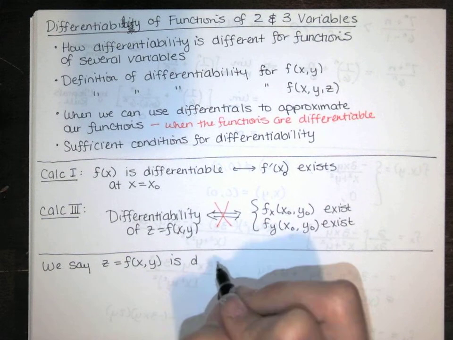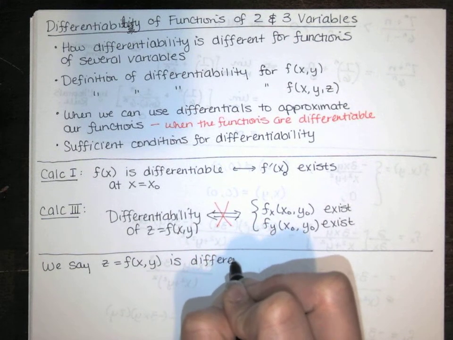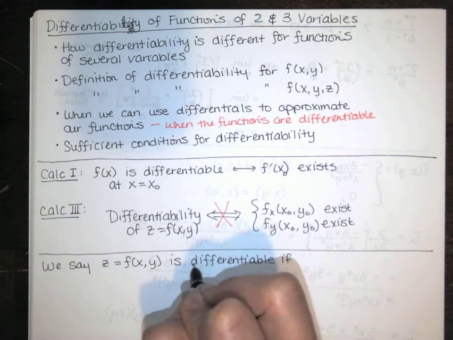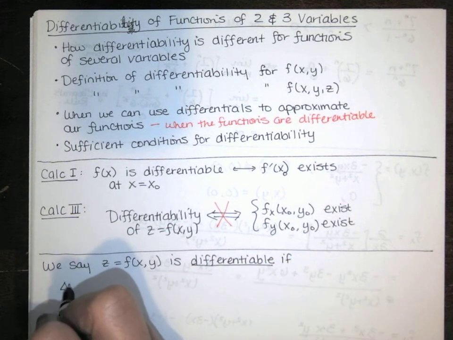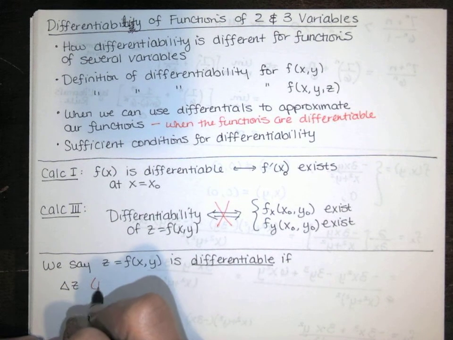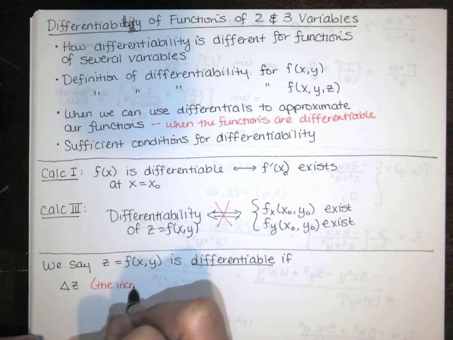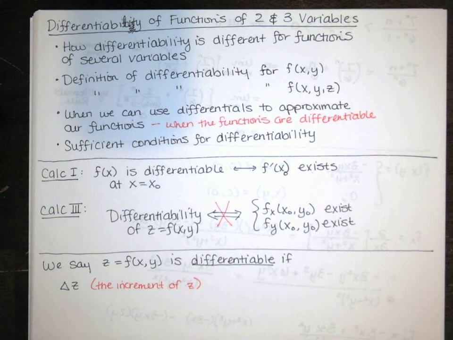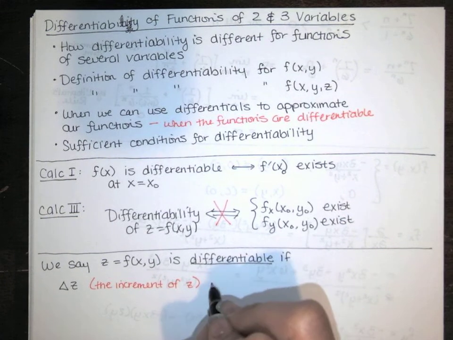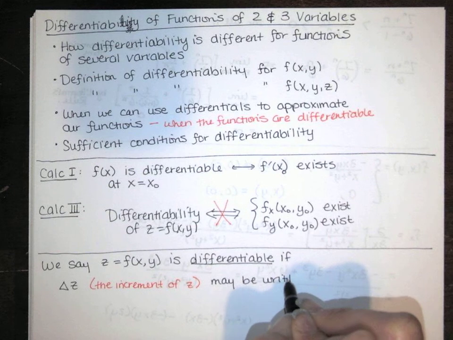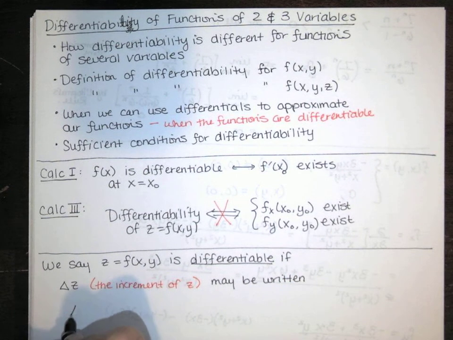We say that this function is differentiable if delta z, that's the increment of z, may be written in this way. If delta z can be written